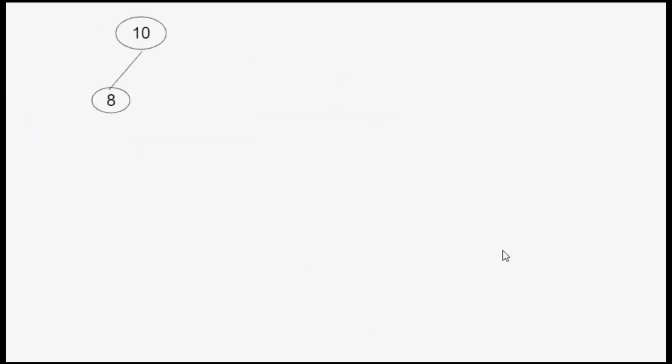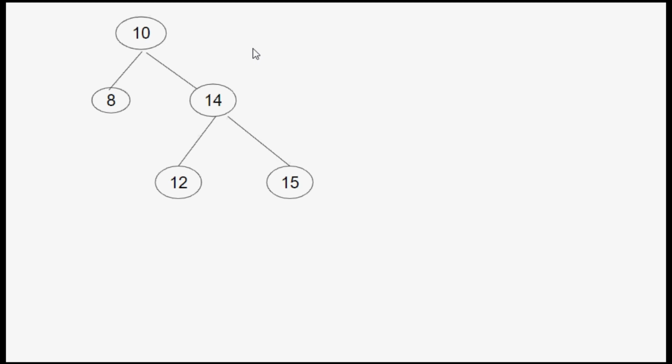So this is our tree, and this is the other subtree we are working on. We have pulled 15 downwards and pushed 14 upwards. So this is a two-step rotation. Firstly we have performed the left rotation and then the right rotation.